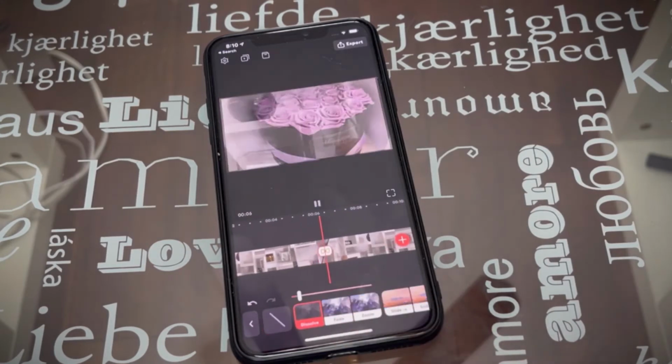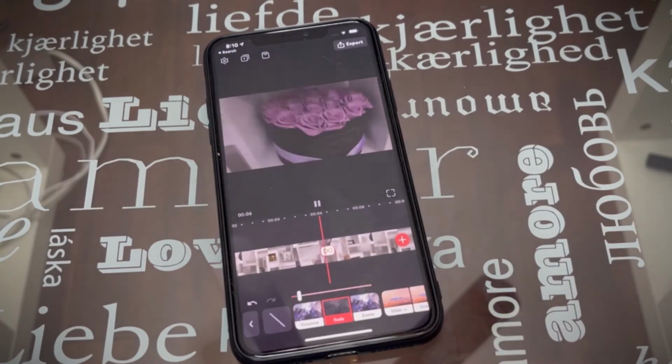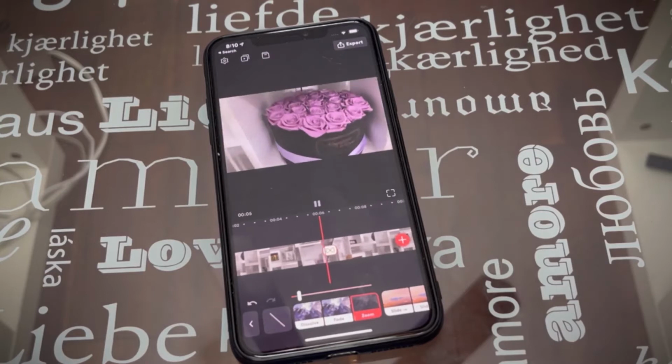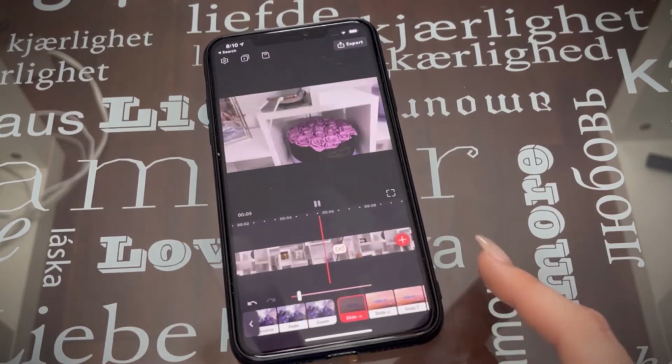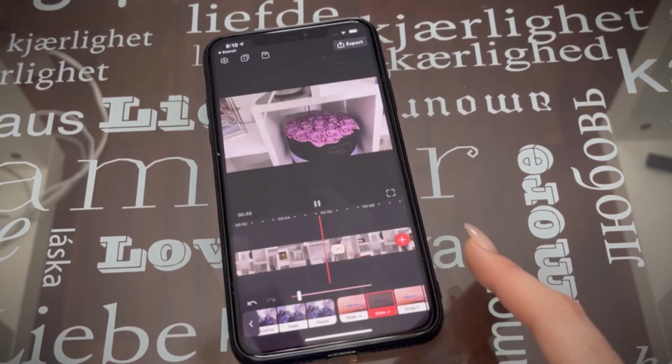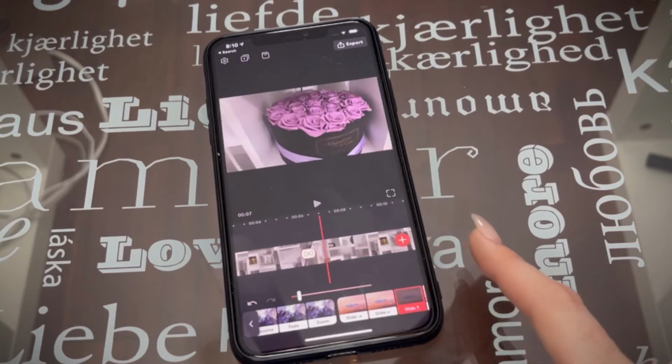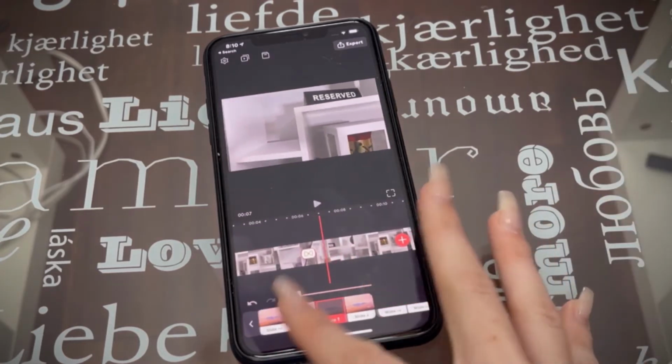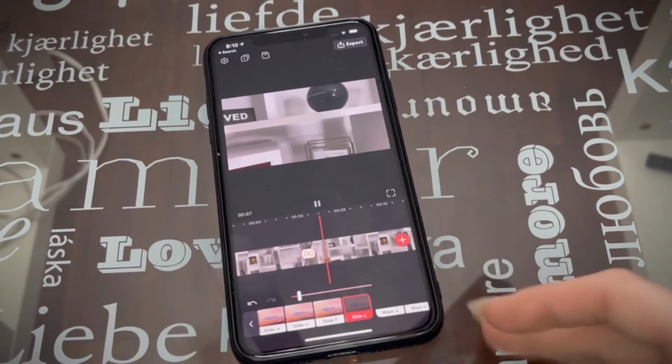We can dissolve really beautifully. We can fade really beautifully. We can zoom really beautifully. We can slide in or out. So all of these transitions can really step up your content to a different level and give you a different,